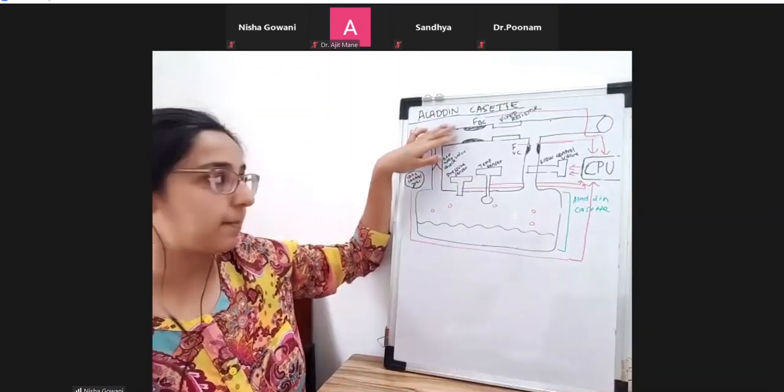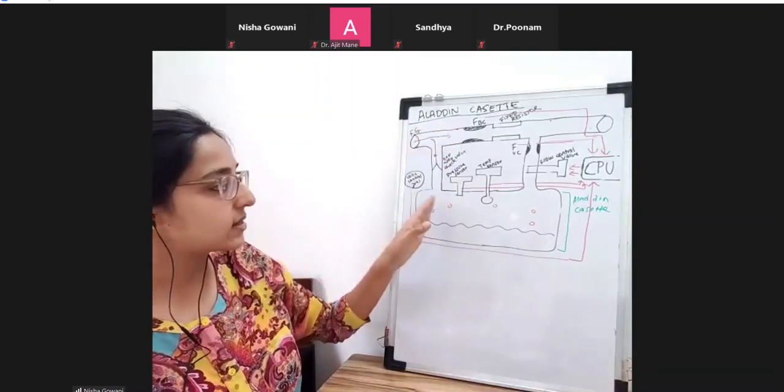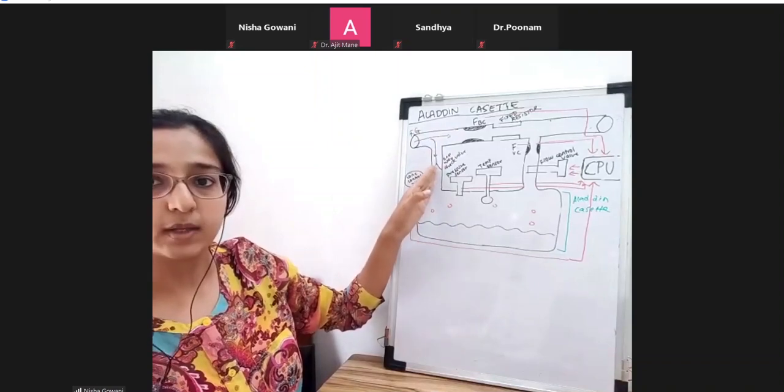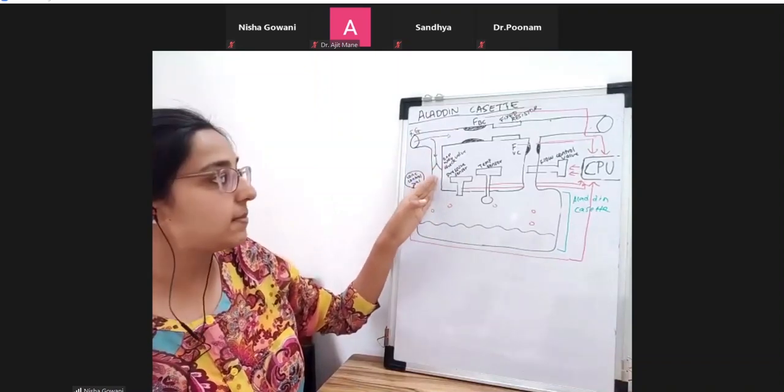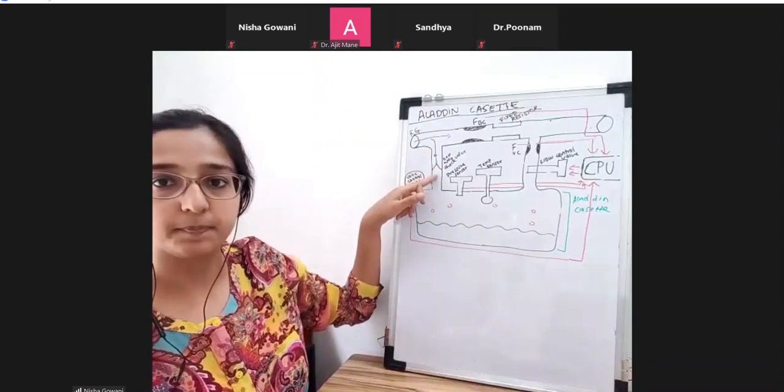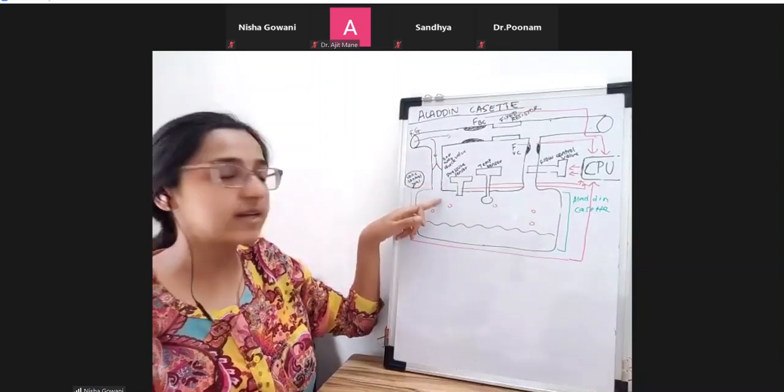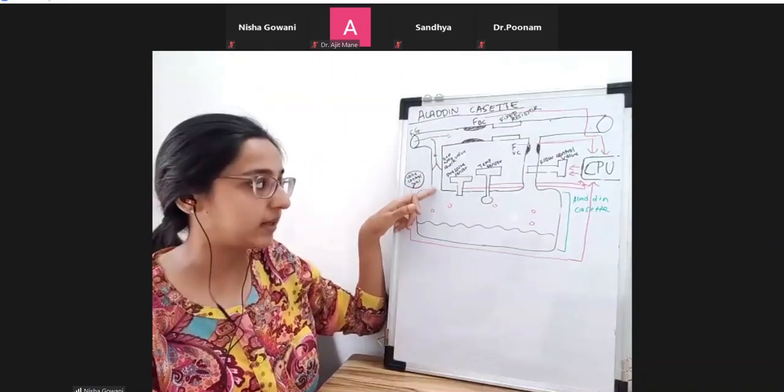So now what will happen? Because this pressure is exceeded, there is a risk that there could be a retrograde flow. So immediately this one-way check valve closes. This one-way check valve will close and prevent the retrograde flow of the vapor-laden gas.